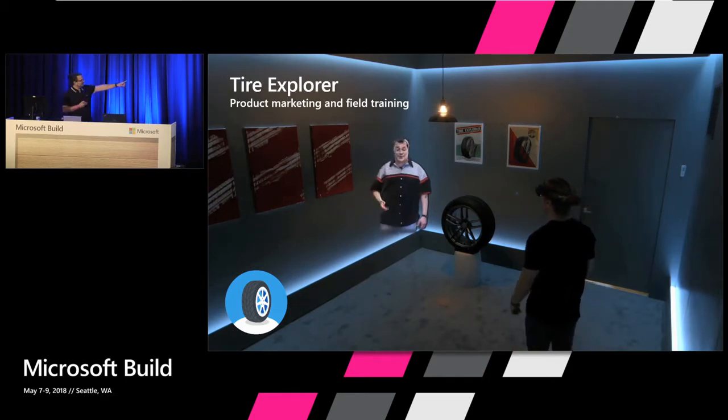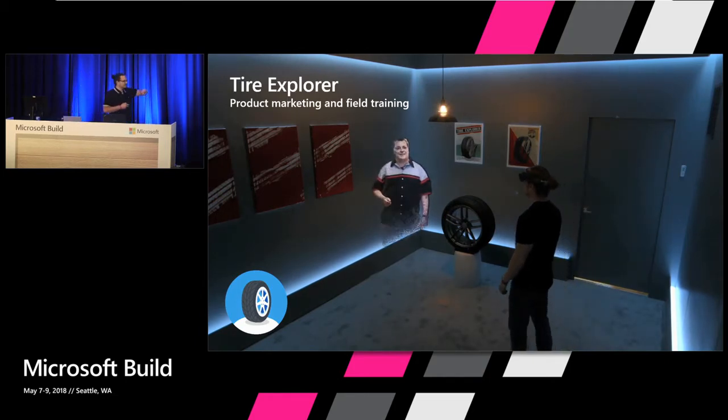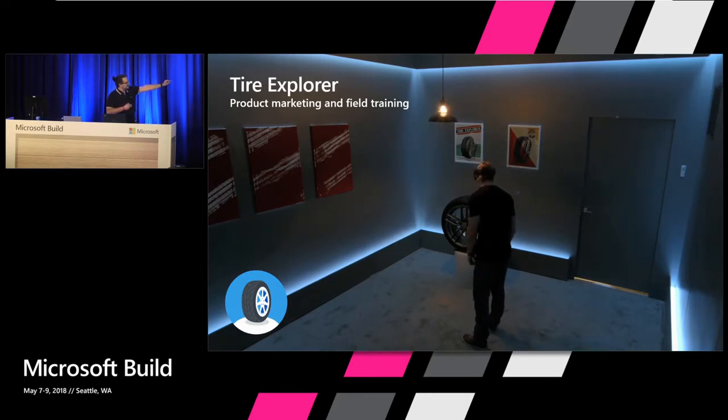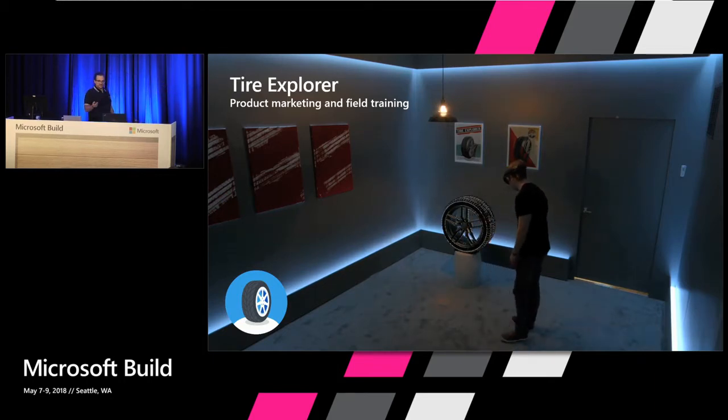So what you can see there, first of all, this is HoloBeam. I'm going to talk about HoloBeam in a couple of slides. But now look at the guy, his name is Justin. He's looking at this real-world tire, right? And that real physical tire is being recognized. So what we're using here is, again, Vuforia model targets.